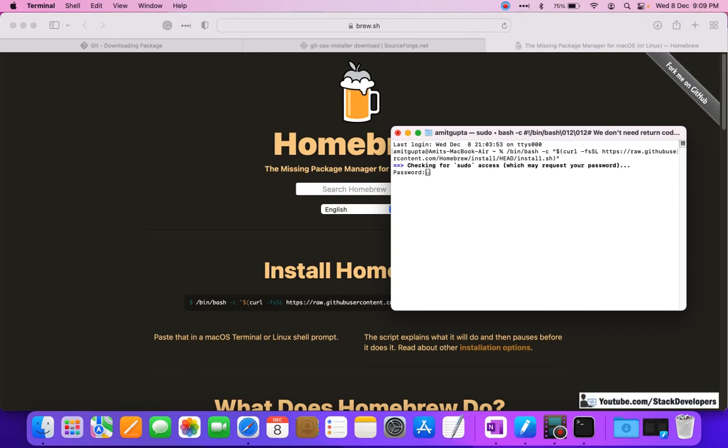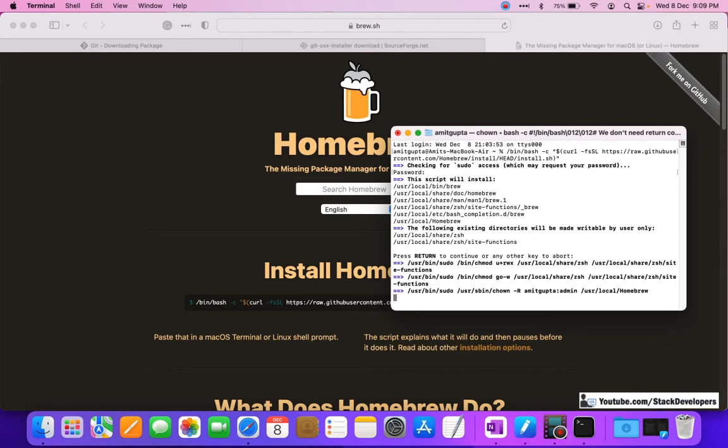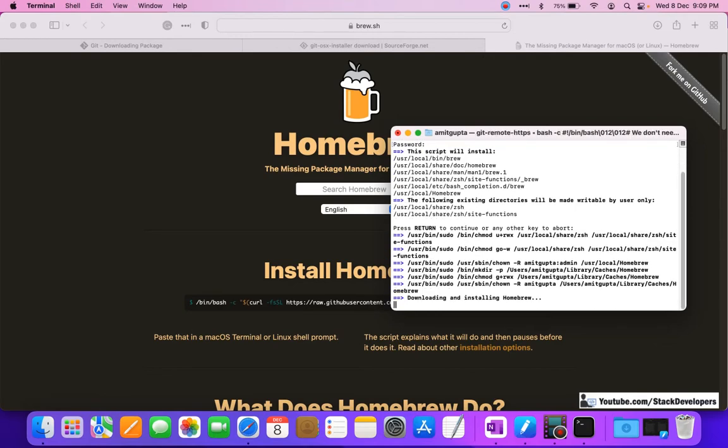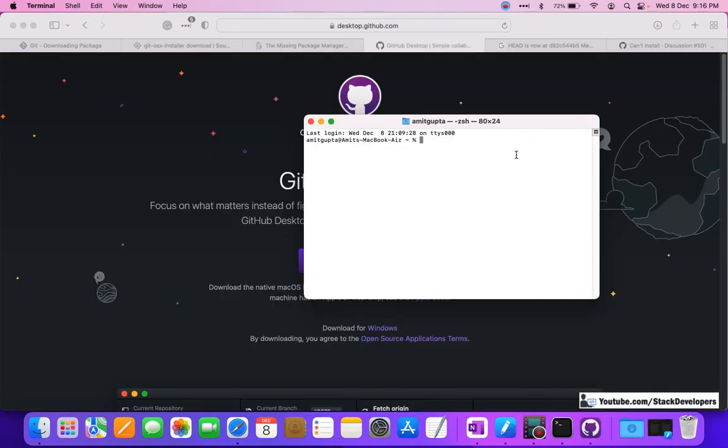You need to give your system password here, so I'm going to give my system password. It will take just a few seconds to install Homebrew. Once Homebrew gets installed, we are going to check the brew version here.